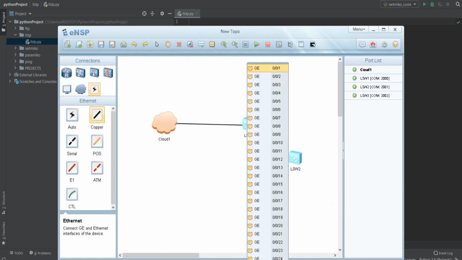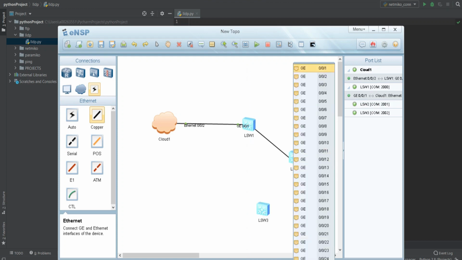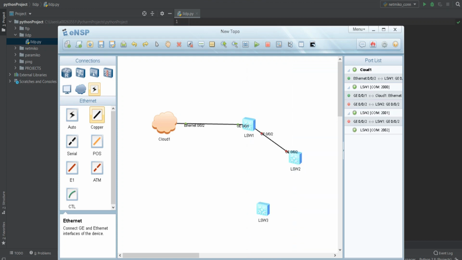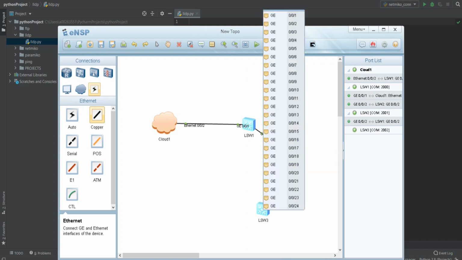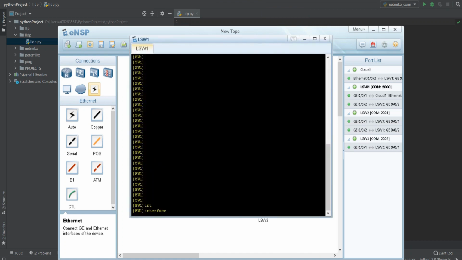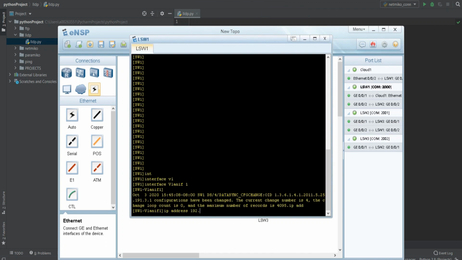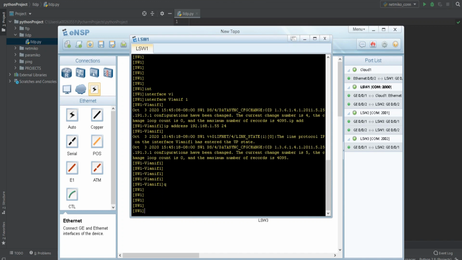First, we have to make the network configuration part and connect the devices to each other. After completing the physical connections, I have to give IP addresses. I will give an IP address to VLAN 1, the default VLAN. First switch IP address: 192.168.1.55,